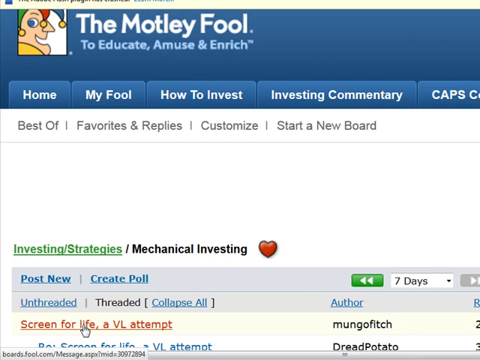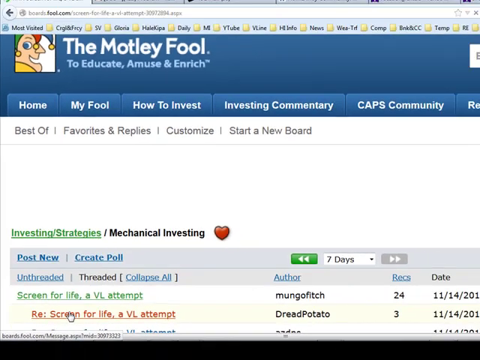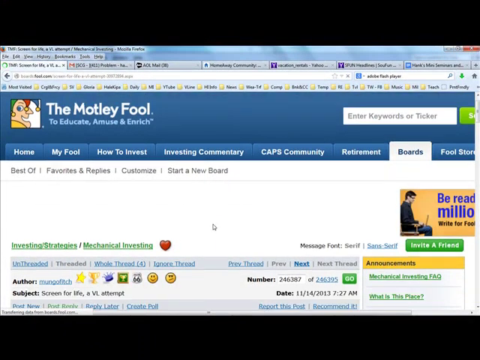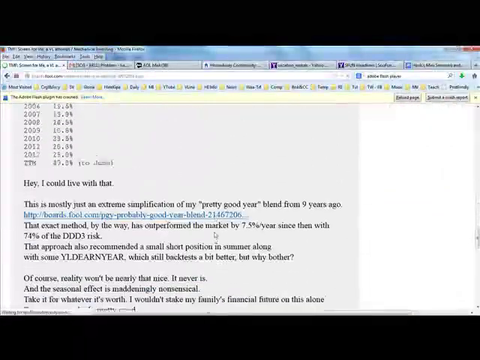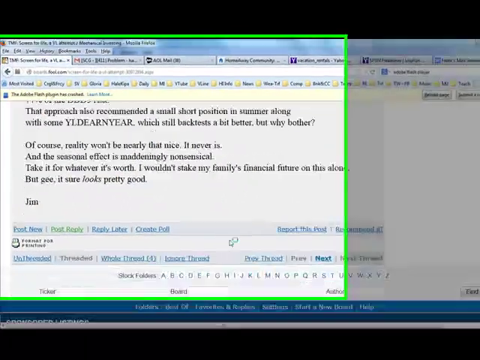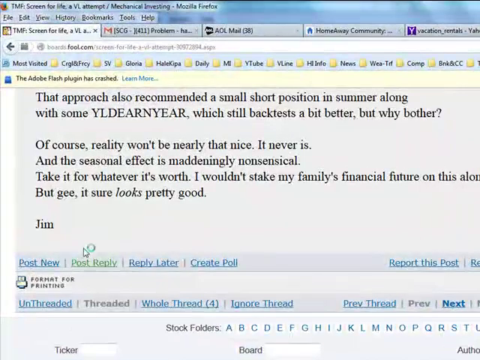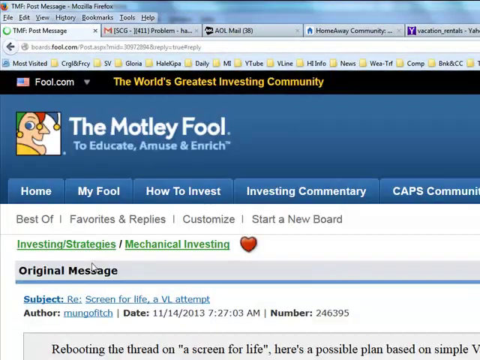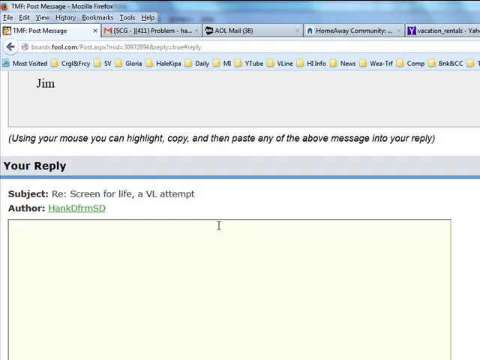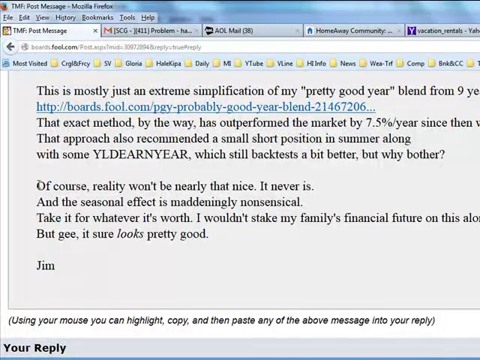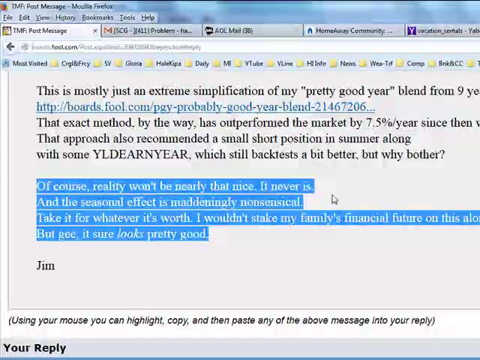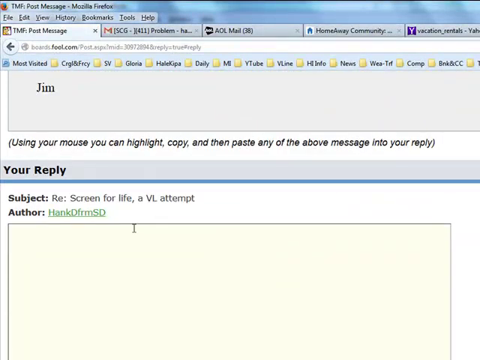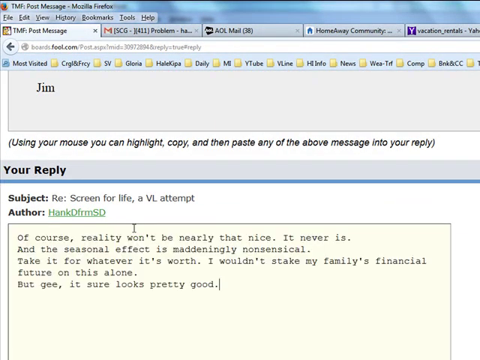If I click on a message on here, the message comes up, and if I want to comment on some part of that message, and post a reply, I can do the following. I click here that says post reply, and I get the previous message up here, which I can copy and paste into the beginning of my message.